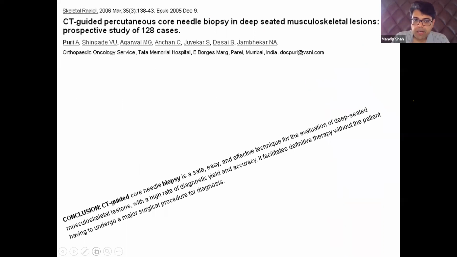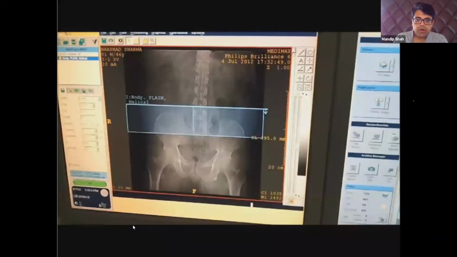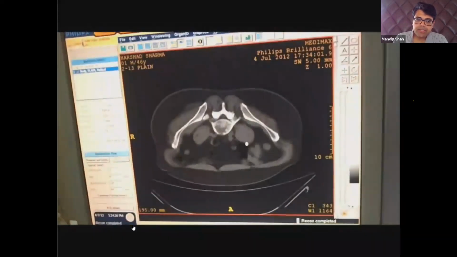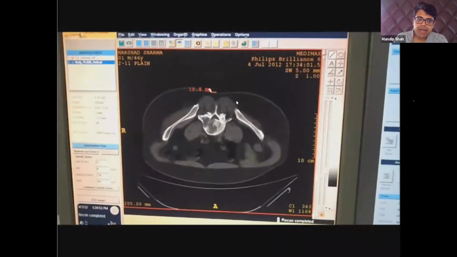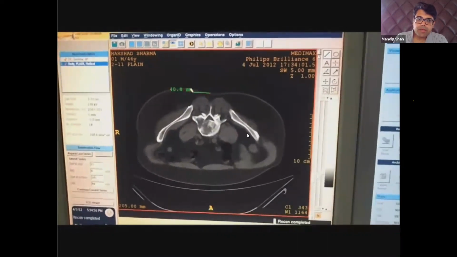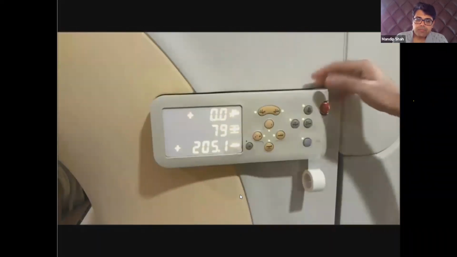Sometimes when we do the biopsy of the spine or deep-seated lesions, we do CT guided biopsy. So this is a small video of CT guided biopsy. There is a lesion in L5, a suspected case of metastasis. So what you do, you take the patient under CT scan guidance. You do a primary scan, which will show you the lesion. As you can see the lesion here. Now you decide your trajectory and the level from where you will go. So this is the level where you will go from, and this is the trajectory that you are going to use.